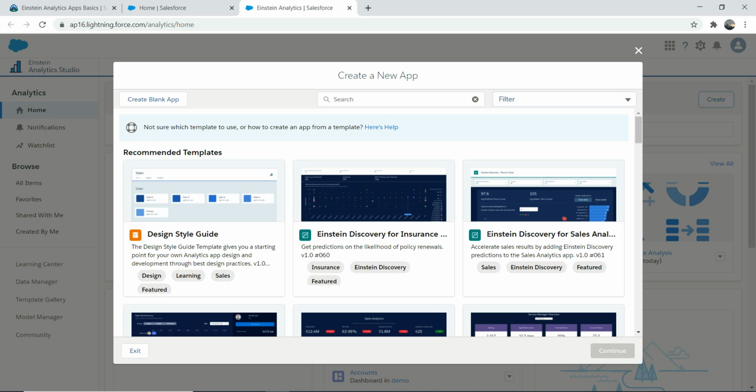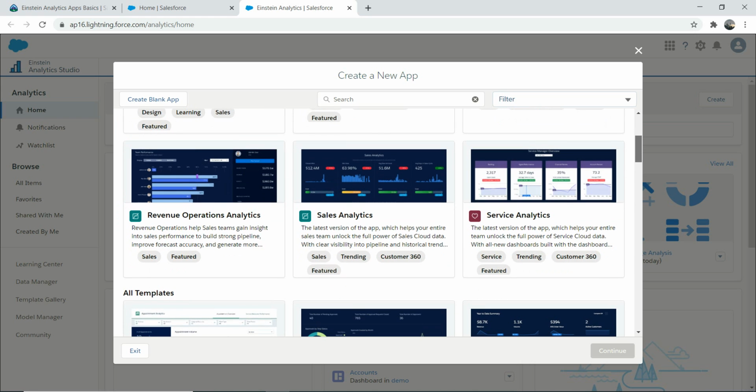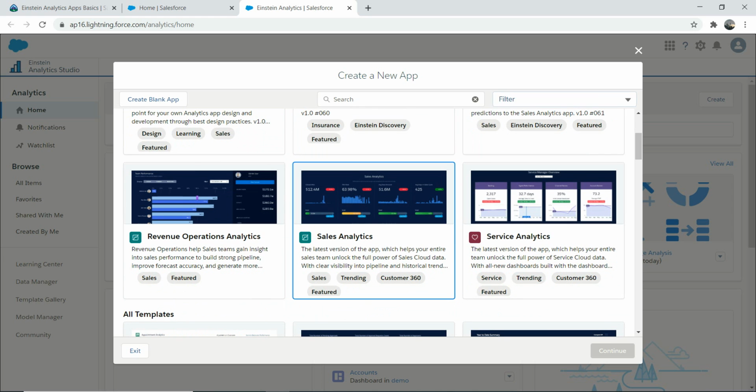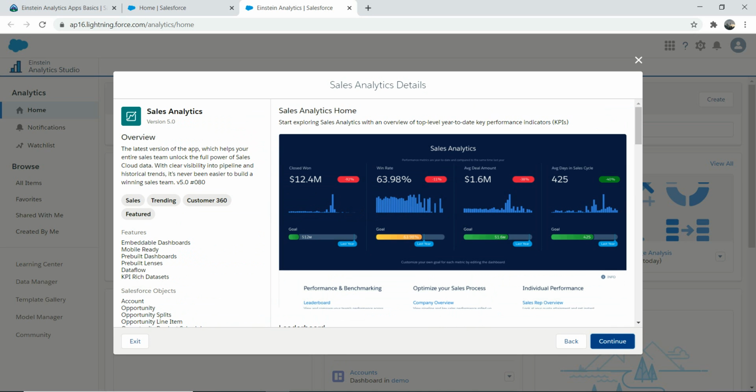Because we have a serious requirement here, where your marketing person or sales person or CEO, whoever it is, asks you to create an app by end of tomorrow business day, and they want to see a sales performance-based app. So you can use a pre-built template here. As you can see, there is something called Sales Analytics. Select this one. Click on Continue